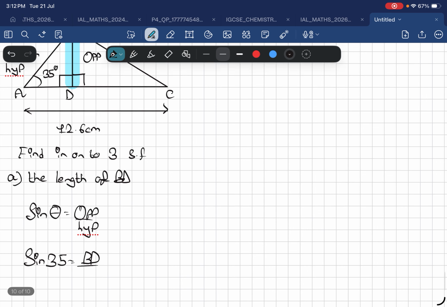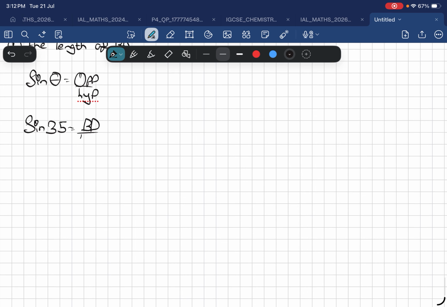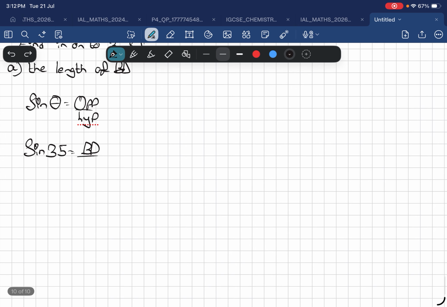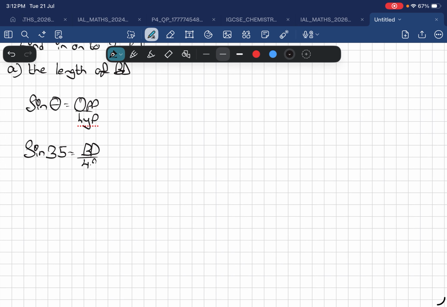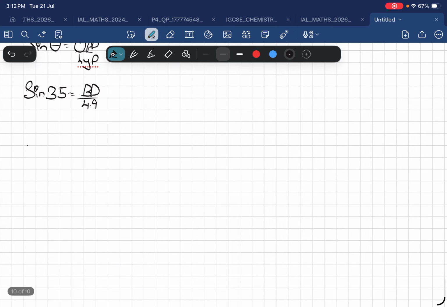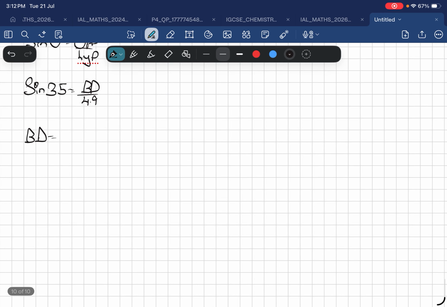And what is the hypotenuse? The hypotenuse is 4.9. So BD is 4.9 multiplied by sine 35